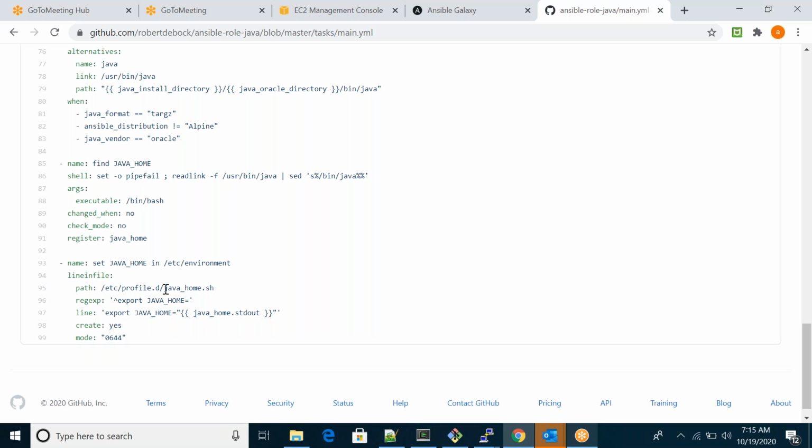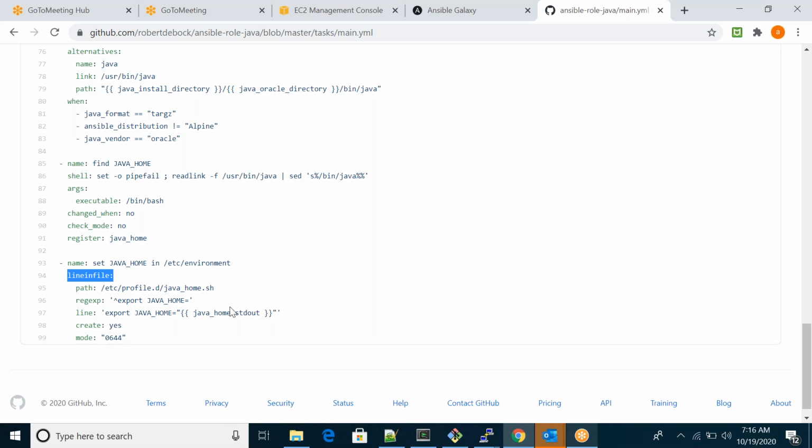So here, in this script, they're replacing some existing keyword with a new keyword using a regular expression. This is the existing keyword, and they're replacing it with a new one. So using lineinfile, you can replace, insert, and so on.